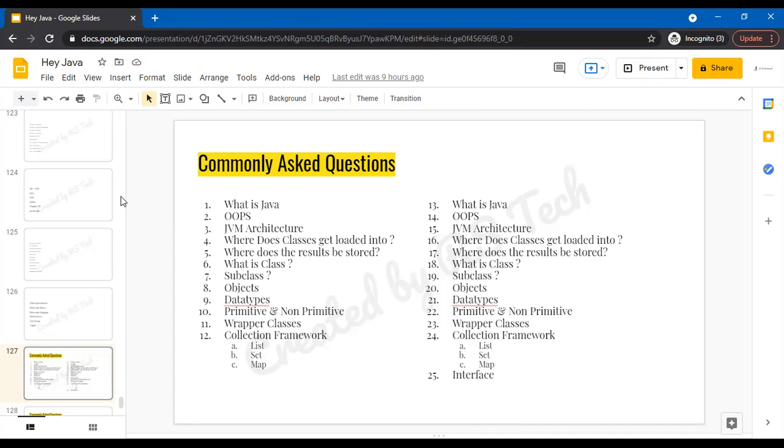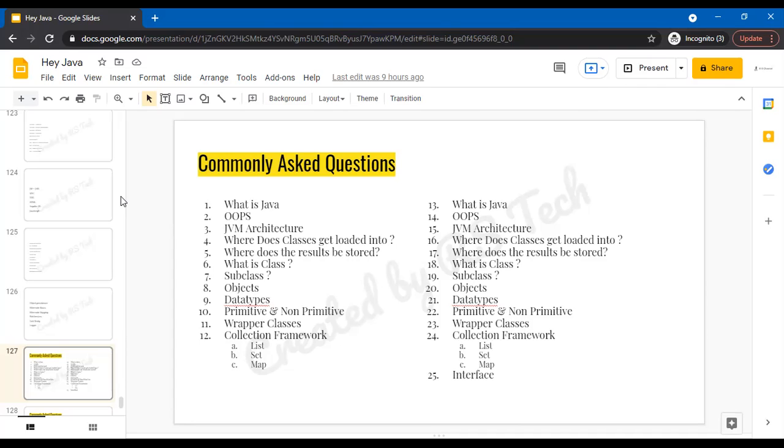There is a place to store the classes, the class area, and the stack area to store the methods and the results, and the native stack to store the native methods. And the main part is the execution engine, which reads the byte code and can execute the byte code. So that's the JVM architecture.